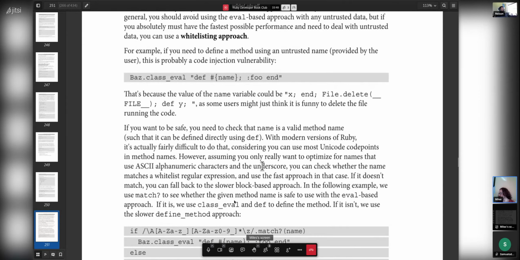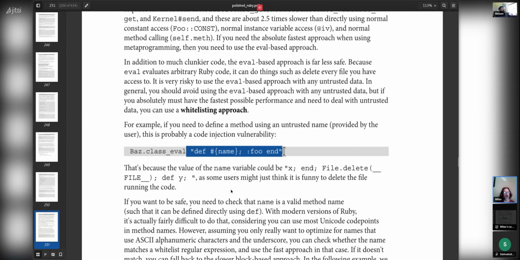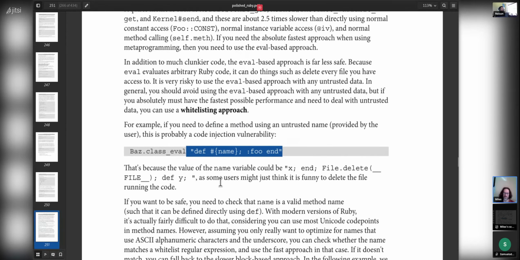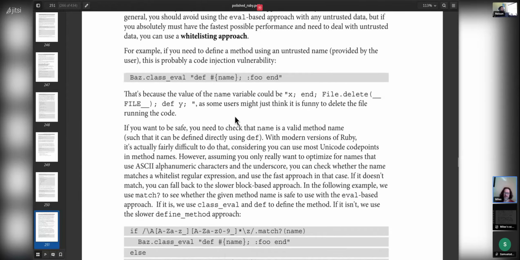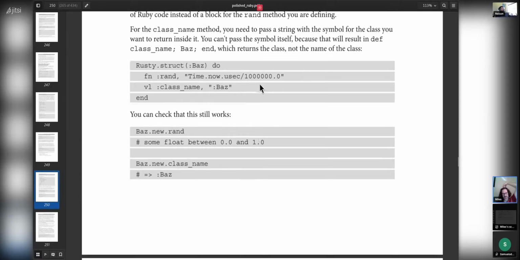I'm going to check my notes. One note I took is that I don't believe in my entire Ruby programming career I've ever done a string-based eval, not once. But I have seen it in a lot of code. One reason I personally avoid it that I don't think is mentioned in the book is that when something goes wrong in the method, when I go with the block-based approach, I get a more meaningful error and stack trace,